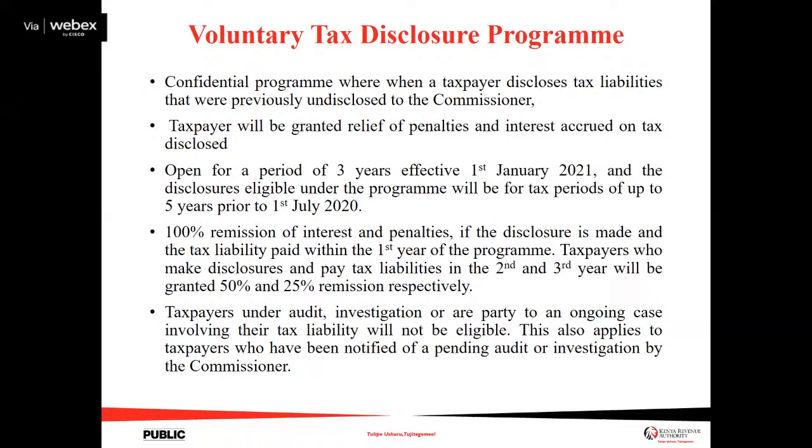Another thing that we should note is that for those who took advantage of this voluntary tax disclosure program, 100% remission of interest and penalties was given if you disclosed and made the tax payments within last year, which was the first year of the program. For those of you who want to take advantage of this program this year, 2022, if you disclose your tax liabilities, you'll be granted 50% remission. Remember, this will end next month, 31st. So come December 31st, we will be entering our third year. And for those who will take advantage of this and make payments next year in 2023, they will only receive